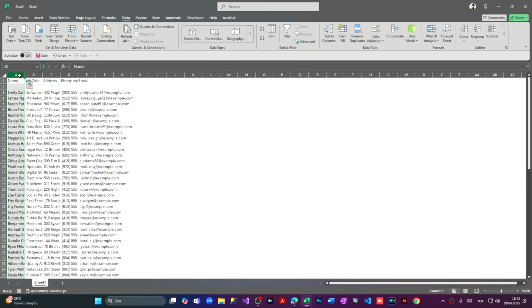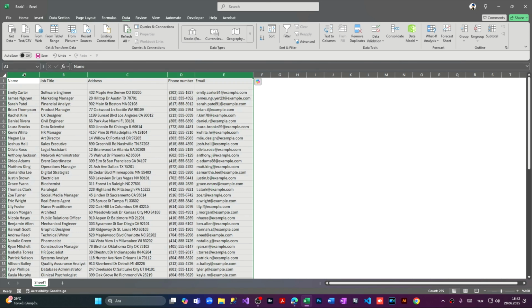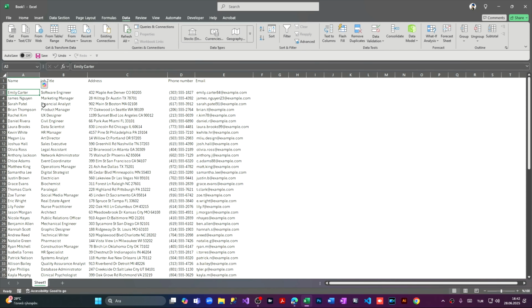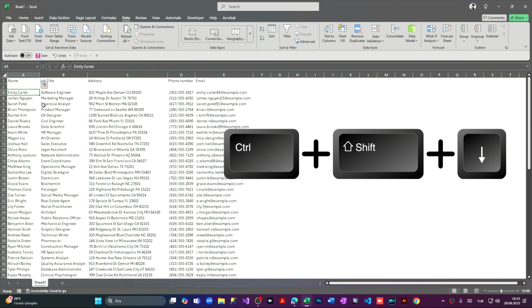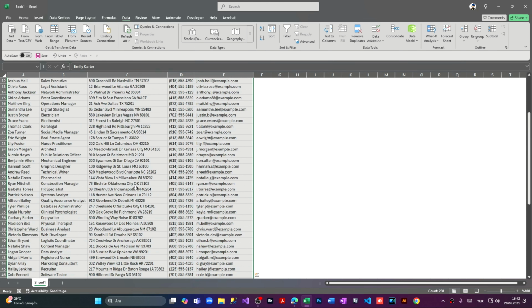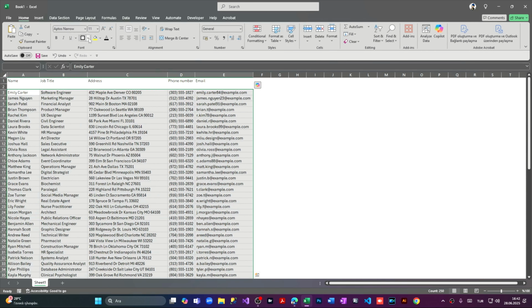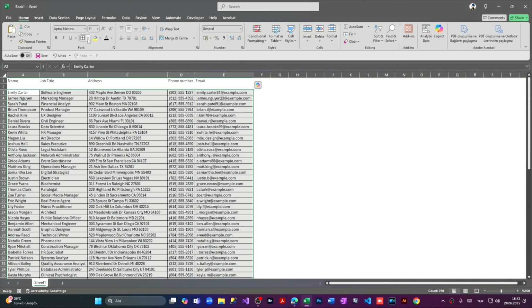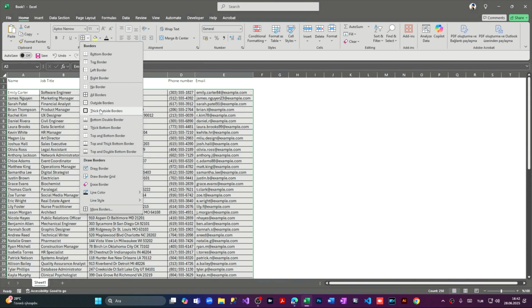So let's fix this, selecting all the columns above, coming here, clicking twice, and columns expanded automatically. Let's also add some borders, clicking once again Control, Shift and down arrow, Control, Shift and right arrow. We are selecting every data inside our table, coming to home, and from the font section we are simply selecting the borders that we want, and I want the outer border to be more bold, and voila.